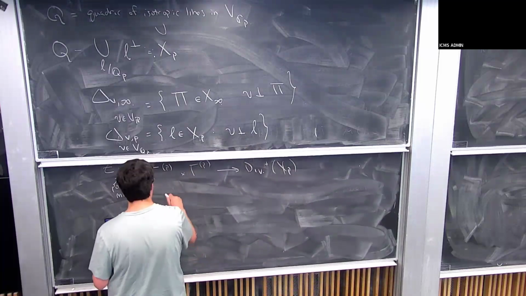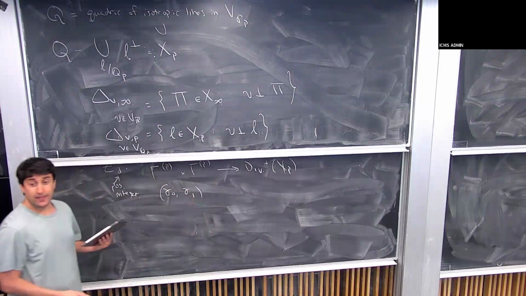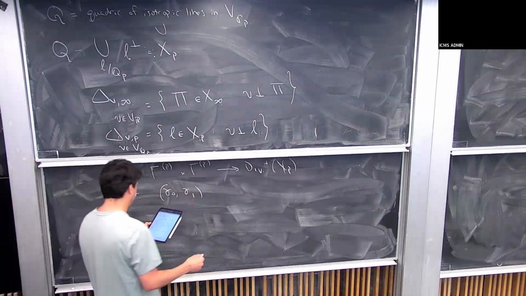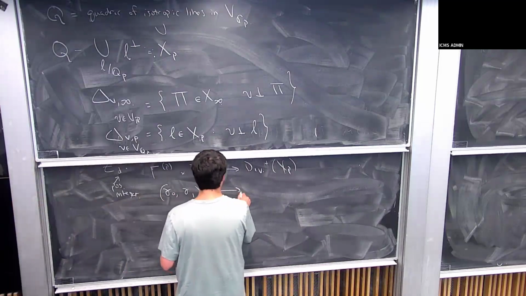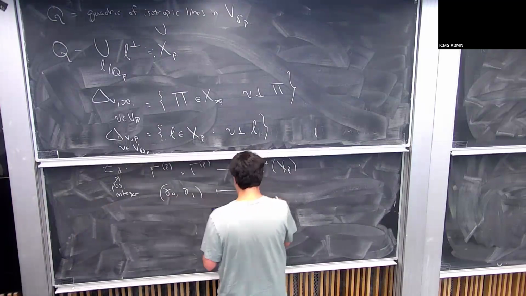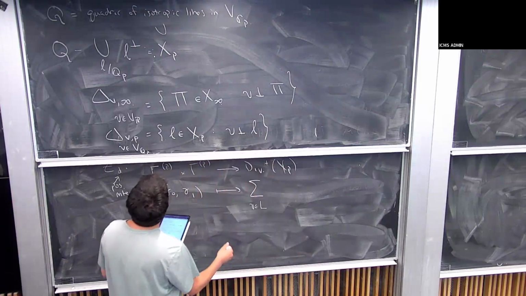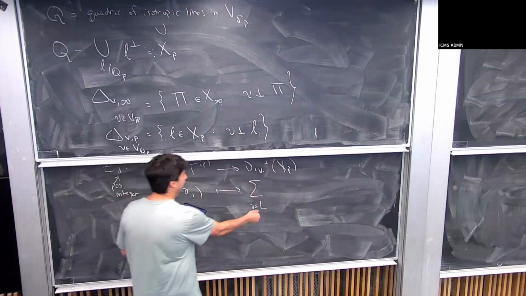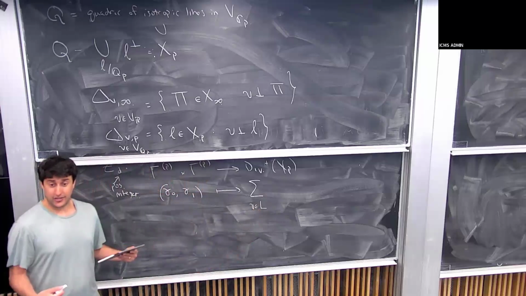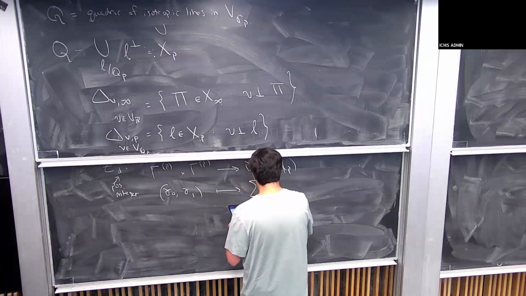You map the pair gamma 0, gamma 1 of elements in this P integer orthogonal group to the following divisor. You take the sum over all... I should have said, I don't remember if I did, fix a lattice L inside of your rational quadratic space. So you sum over all of the P integer vectors